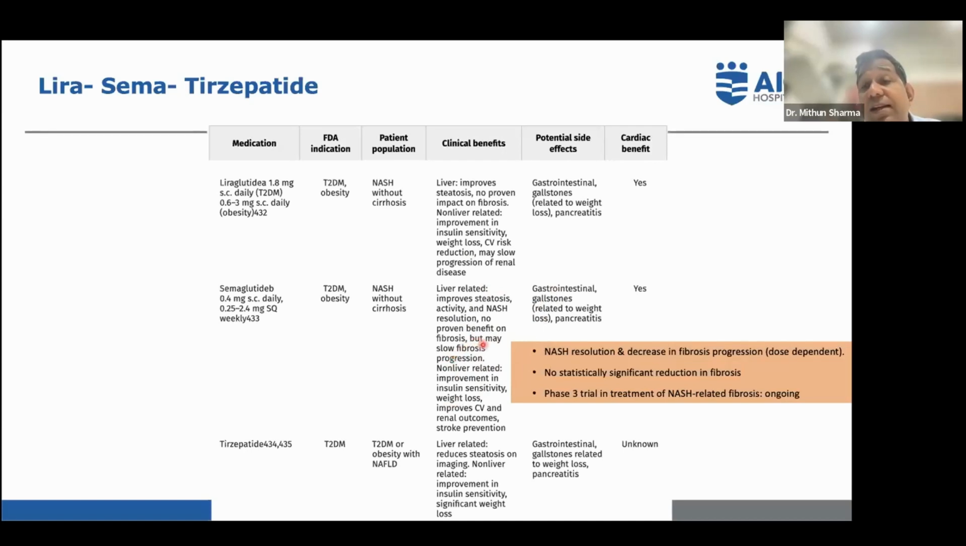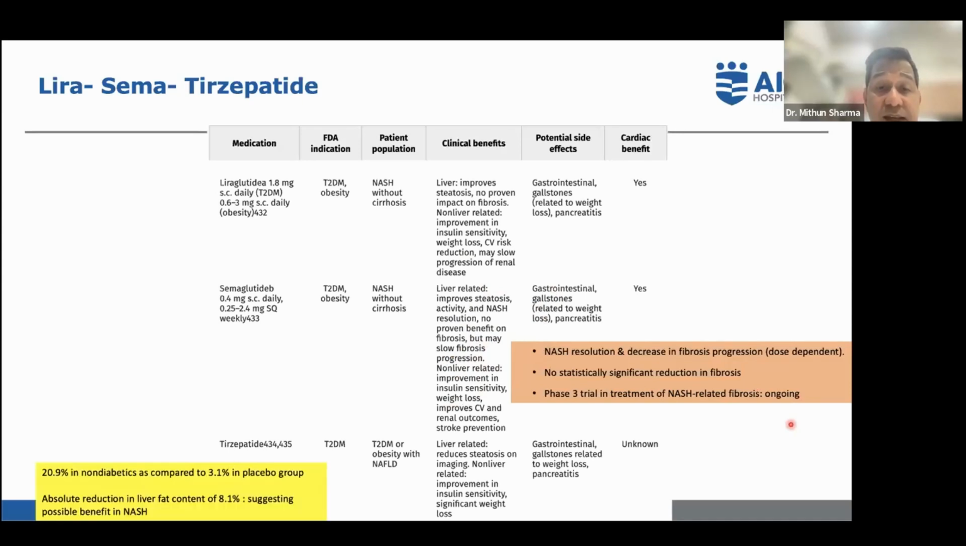But again, these are very early data. So phase 3 trials on NASH-related fibrosis are ongoing. This may need 3-4 years before we get the actual data. Then tirzepatide is another drug approved for diabetes with or without obesity. It has been shown that in non-diabetic patients also, there's a significant amount of weight loss and the liver fat resolution is quite high, suggesting that this could have a potential benefit on NASH, though trials have not been designed